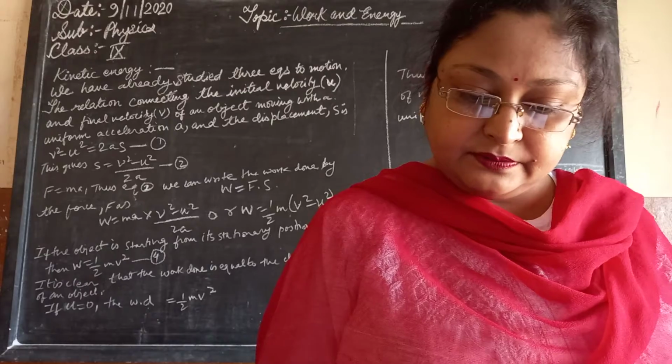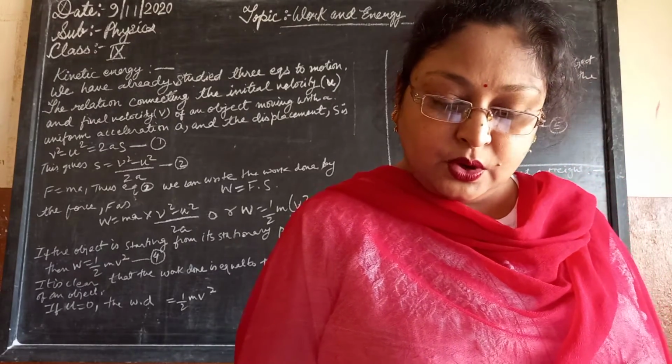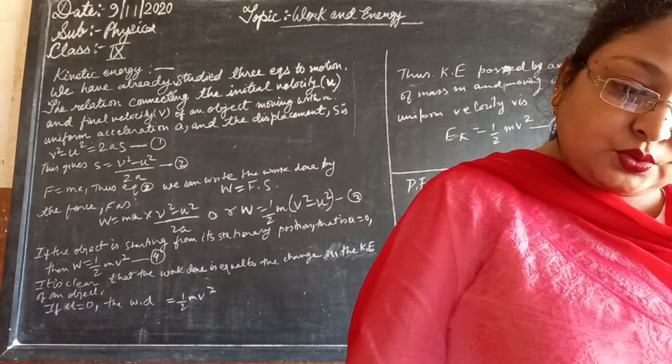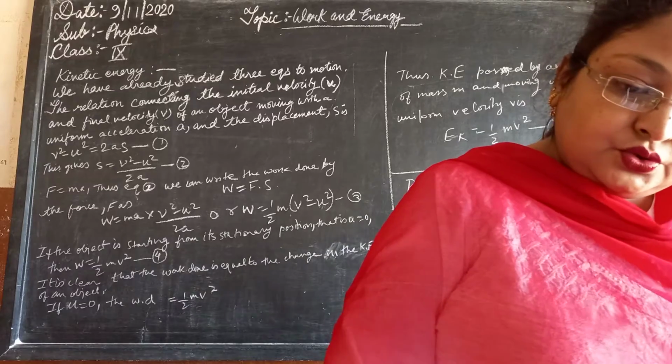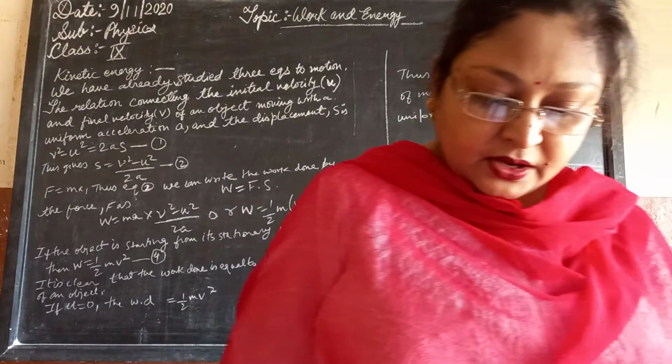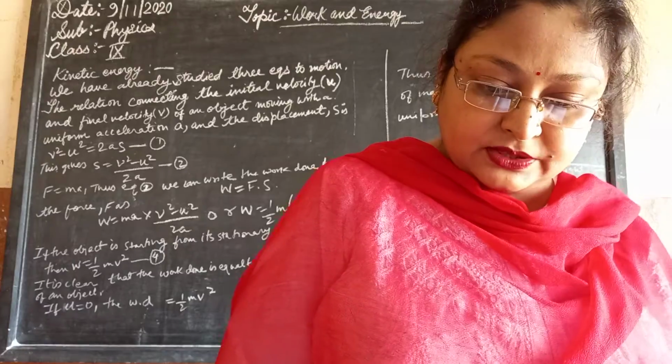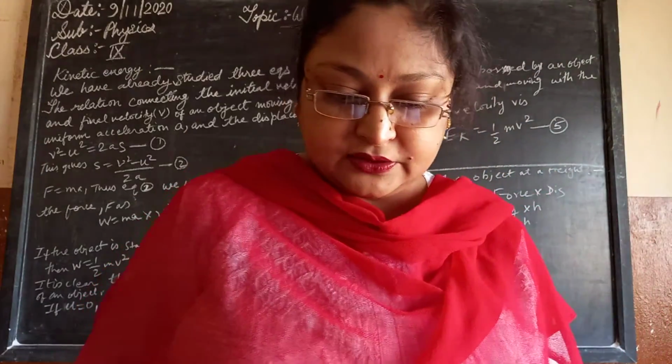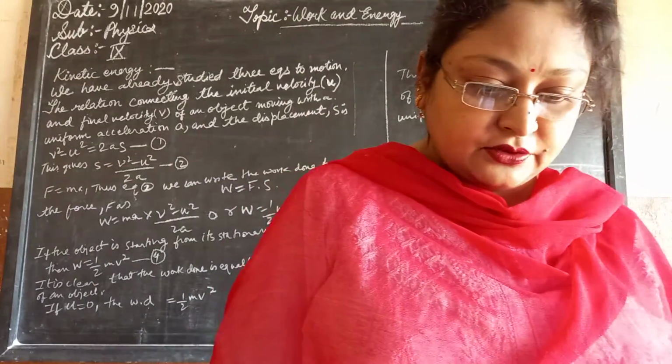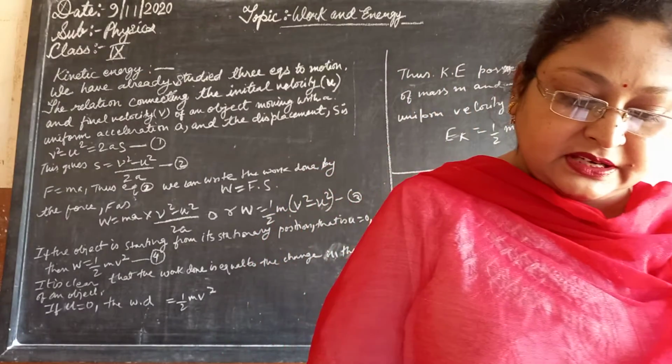Define 1 joule of work. 1 joule of work means what? 1 joule is equal to how much work? Work done is equal to 225 joule. Okay, so 1 joule is equal to how much work is done. You have to calculate it from the given data.